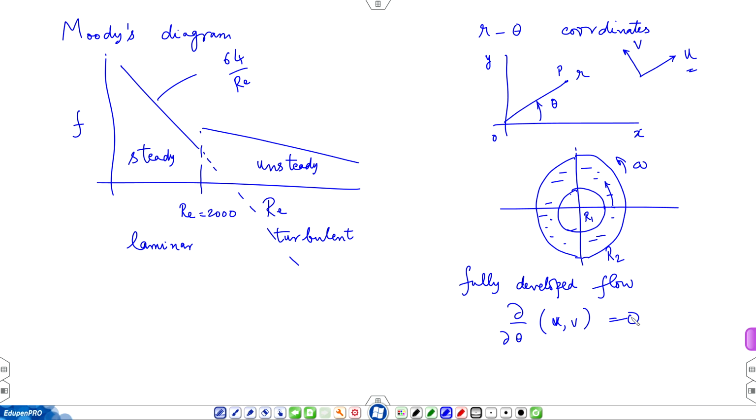What about pressure? Now, for flow in a channel or flow in a tube, you could have pressure continuously decreasing, but here it is closing on itself. If you say pressure will decrease in the direction of flow, then you come back to the same point. So, you cannot have any reduction in pressure in the theta direction. So, purely by virtue of geometry,